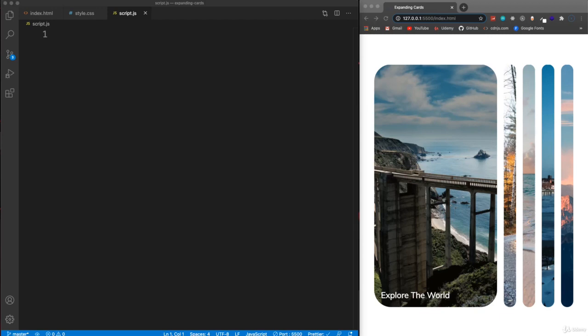Okay, so now we want to get into the JavaScript, which is actually going to be fairly simple. And I plan on this being one of the first projects, at least in the first 10. So I'm going to explain kind of stuff that many of you might already know. Now, remember that the whole thing, what we need to do is just change the class really on each of